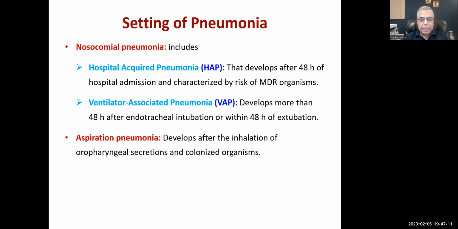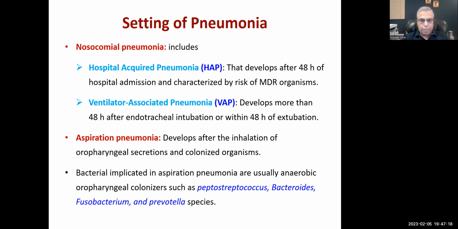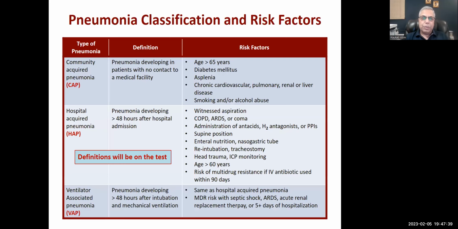Aspiration pneumonia develops after the inhalation of oropharyngeal secretions and colonized organisms. So bacteria implicated in aspiration pneumonia are usually anaerobic oropharyngeal colonizers such as Peptostreptococcus, Bacteroides, Fusobacterium, and Prevotella, sorry. So that was about the setting of pneumonia, and here I've given you definition and some more